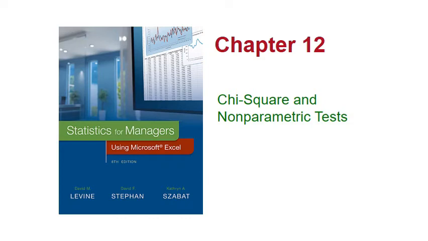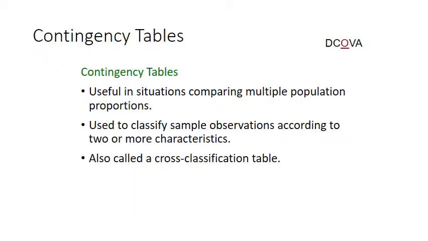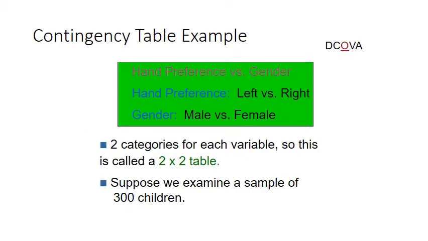So this is our chapter 12, chi-square. We use chi-square when we calculate proportions for more than two samples. Like we calculate z-test when we have two proportions or one proportion. But in case we have more than two proportions, we can apply z-test, but it is more preferable to apply chi-square test.